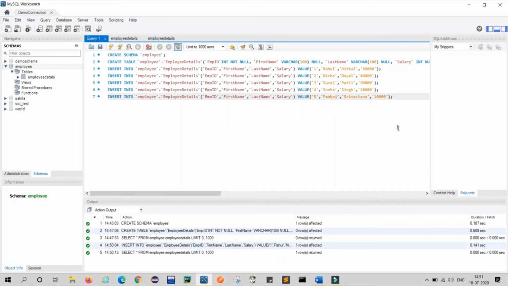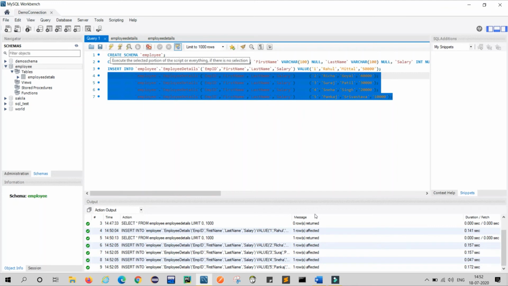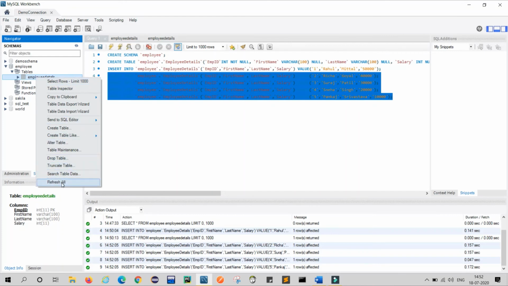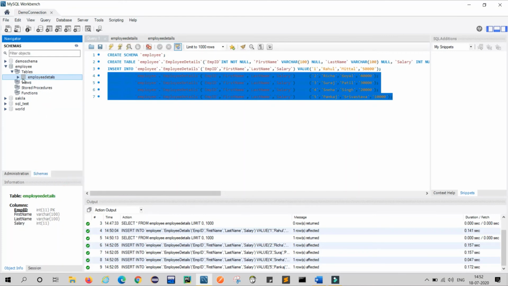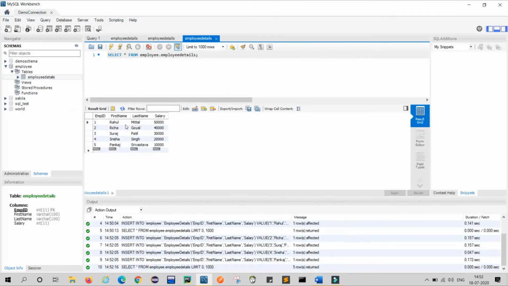So now what will we do? We will just execute the new data. See, at my bottom, all are showing in green color. Just refresh the table by selecting and refresh all, and just open it. Now friends, you can see that all my data are reflecting in my database. So now we will execute some queries and check whether they are giving the right answer or not.